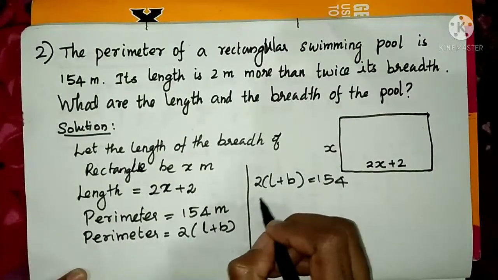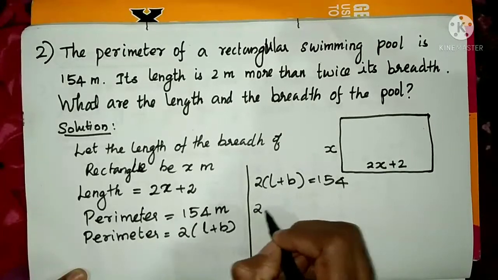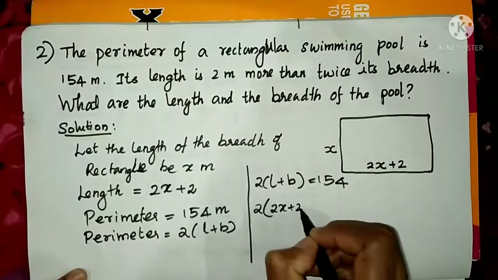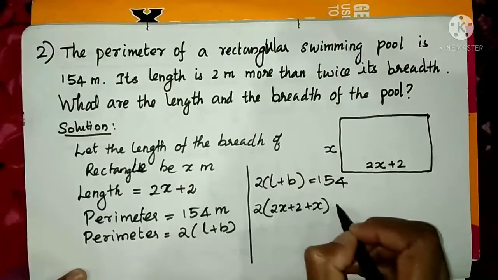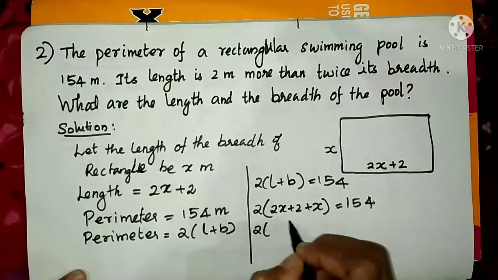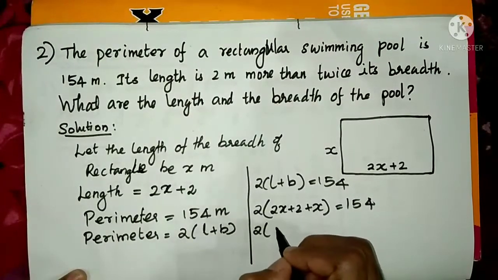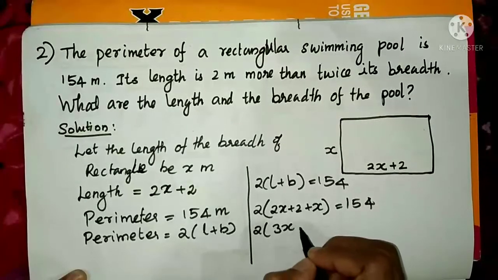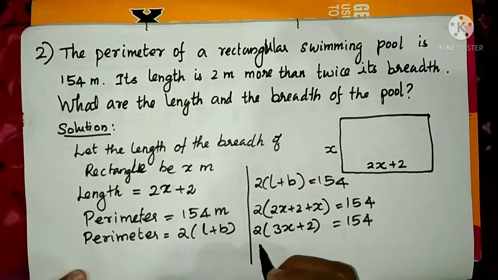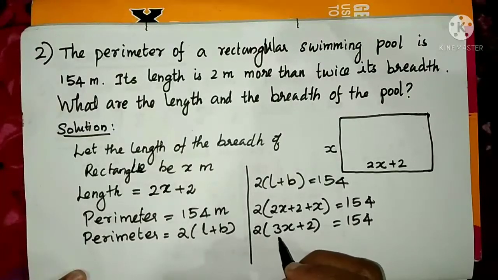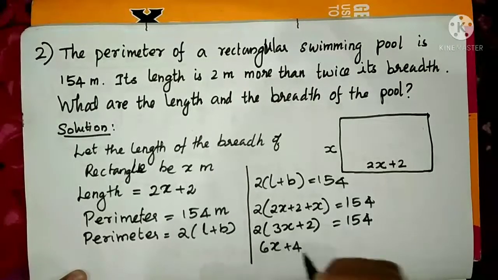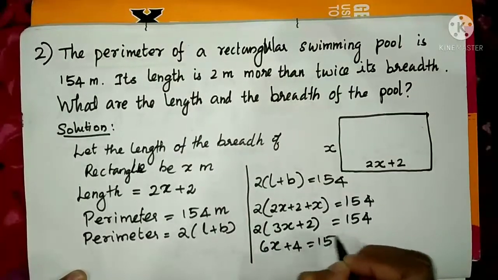We can substitute the values of length and breadth here. So 2 times (length is 2x + 2 and breadth is x) is equal to 154. So 2 into, how many x is there here? 3x + 2 is equal to 154. Then 2 we can multiply inside, so we'll get here 6x + 4 is equal to 154,